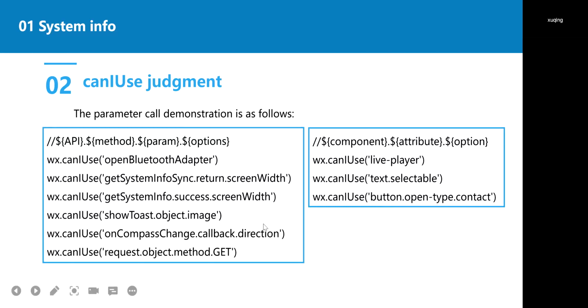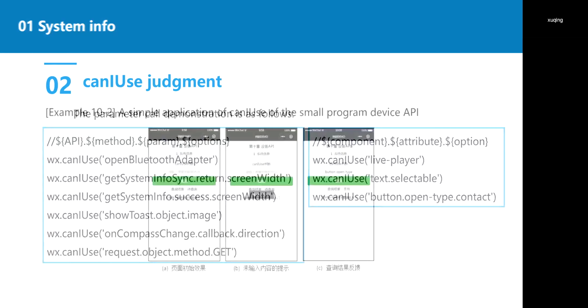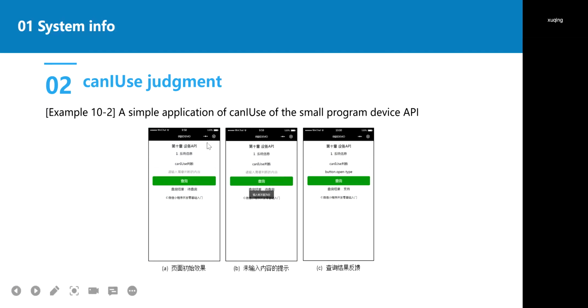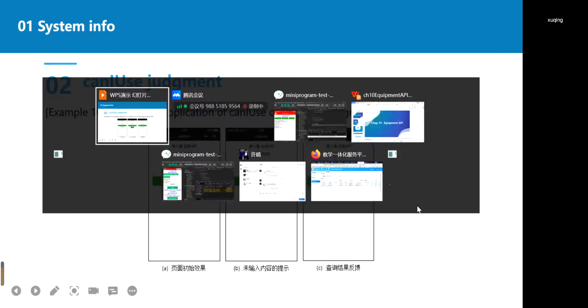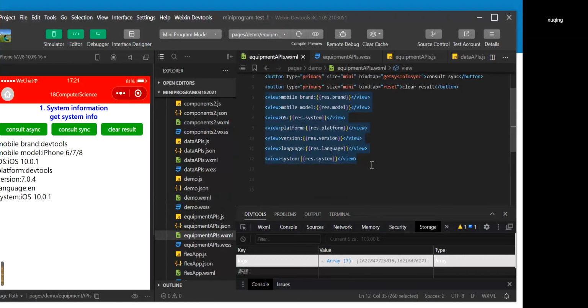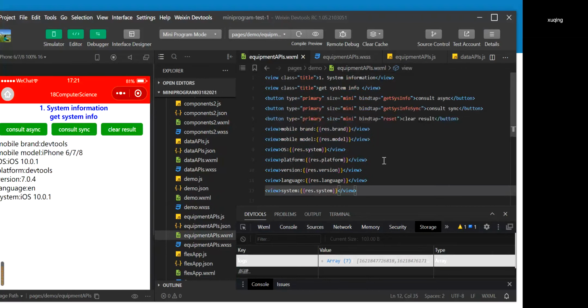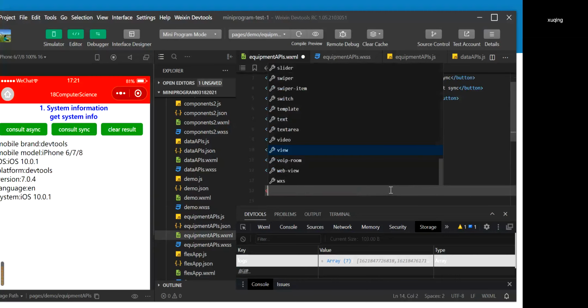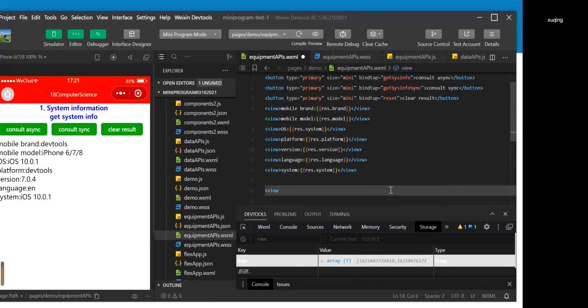Yeah, we can also try an example quickly. Here we have a simple application of canIUse of the mini program device API. You see here, in the WXML file, we'll just put it like this. We'll get a subtitle. We'll leave the first part as our system information, but we'll get a subtitle